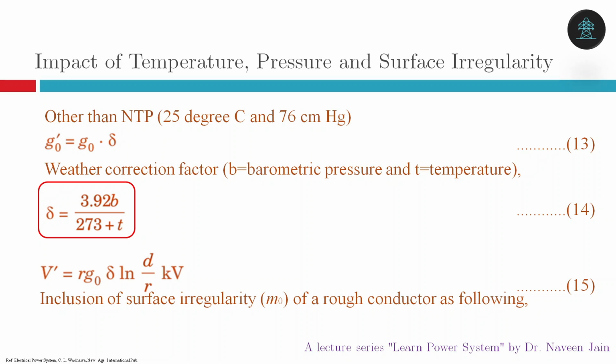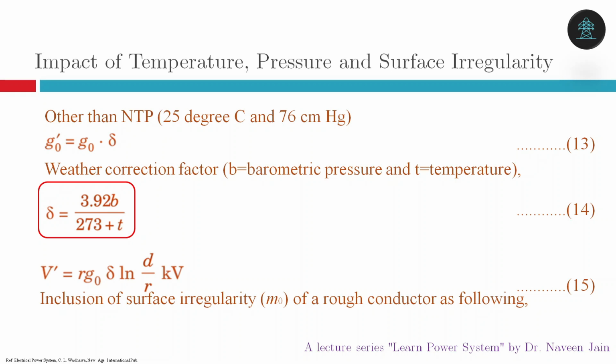Now, let us include the term related to surface irregularity. We always know that the conductor is exposed to different weather conditions. Practically, in the field, we use ACSR conductors, and the cross section of such a conductor is a series of arcs of circles, each of much smaller diameter than the conductor as a whole.